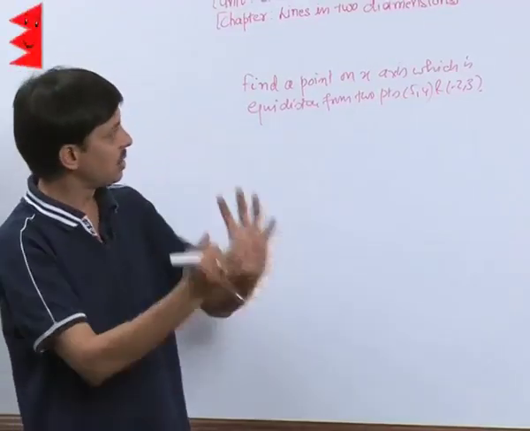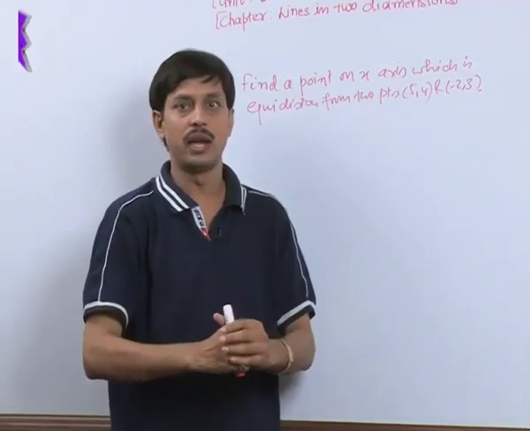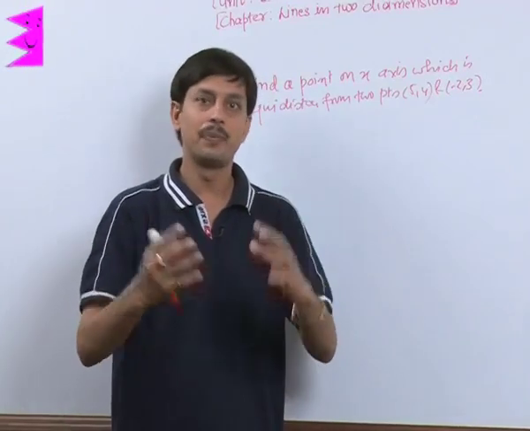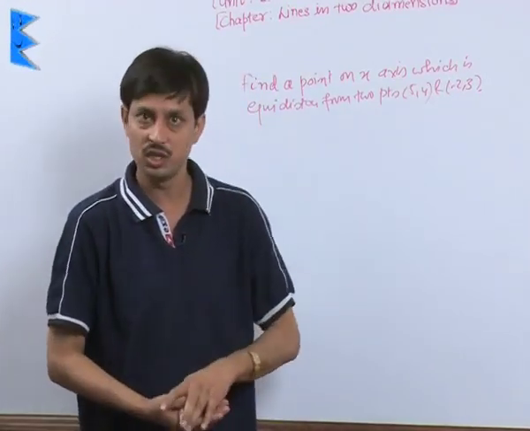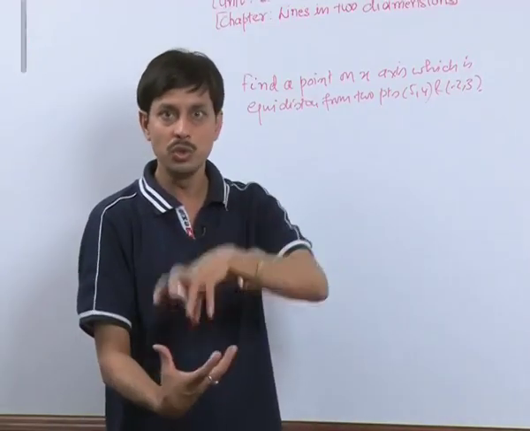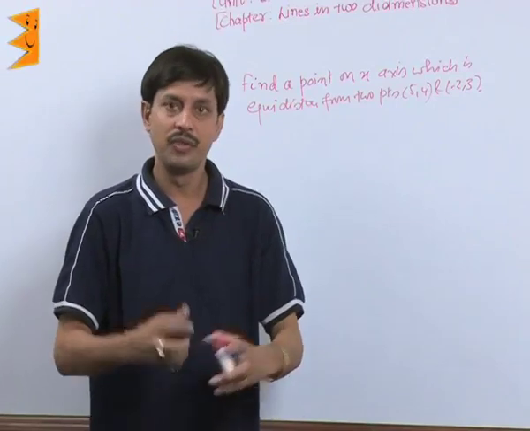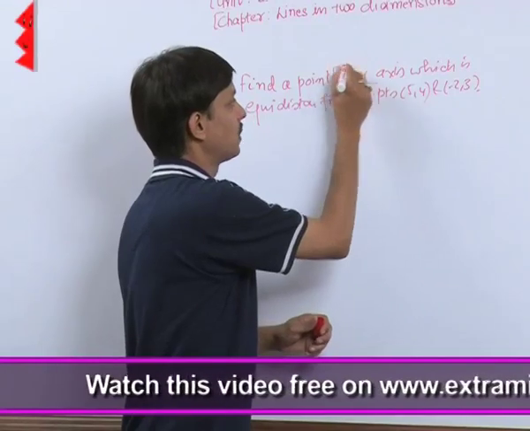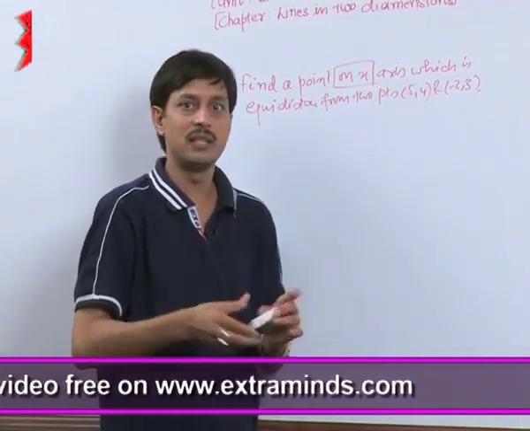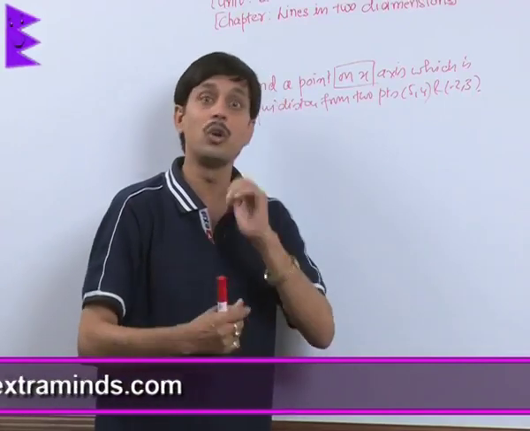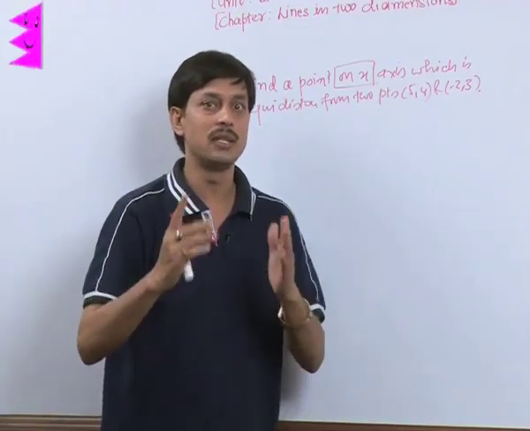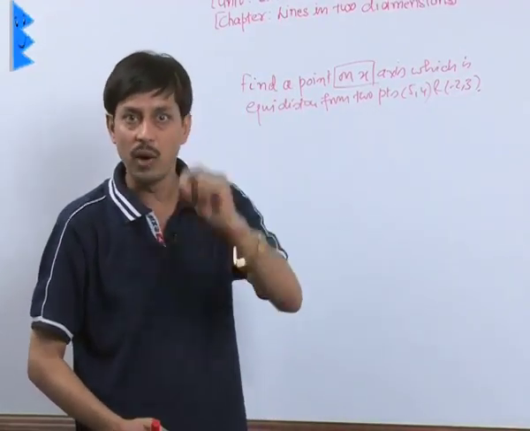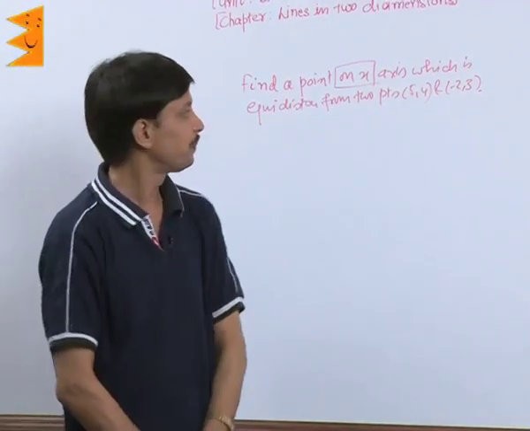Find a point lying on the x-axis which is equidistant from two points (5, 4) and (-2, 3) is the question. Absolutely a question based on the distance formula, and also using some additional concept, that is the point is lying on the x-axis. So as far as the x-axis is concerned, what is the meaning and property of the x-axis? The property of the x-axis is that on the x-axis, x may attain any value, but the answer of y on the x-axis is always 0.